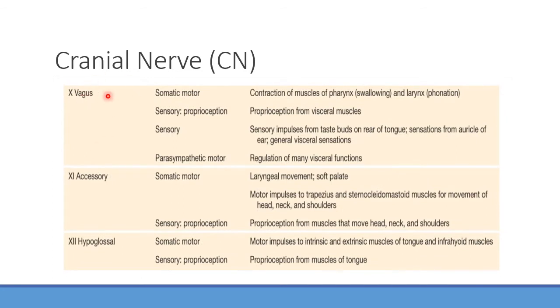The vagus nerve is particularly important, at least for my purposes as a pharmacist, because we have so many drugs that can affect the vagus nerve. Anyone know which type of nervous system is related to the vagus nerve? Yeah, the parasympathetic nervous system is very important with the vagus nerve. This is the main thing that's going to be transmitting those parasympathetic signals. That becomes very important for my purposes as far as medications go, because we have a lot of drugs that can either enhance this or inhibit it, and it comes up all the time. So we'll talk about the vagus nerve later on when we talk about the autonomic nervous system, but it's very important from that standpoint.